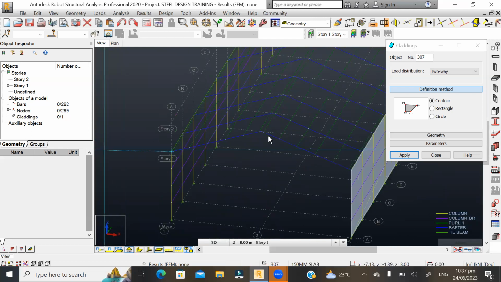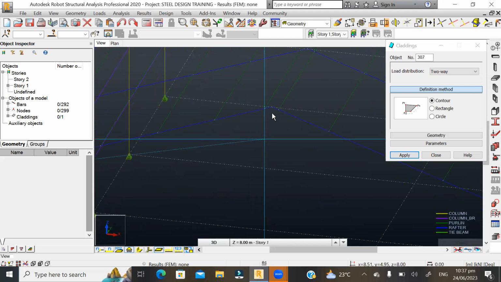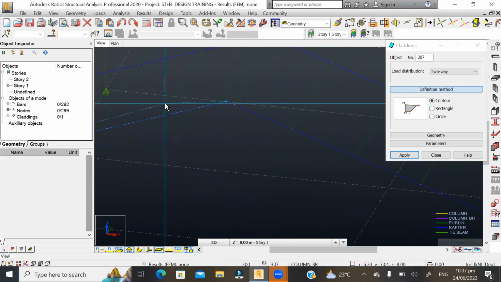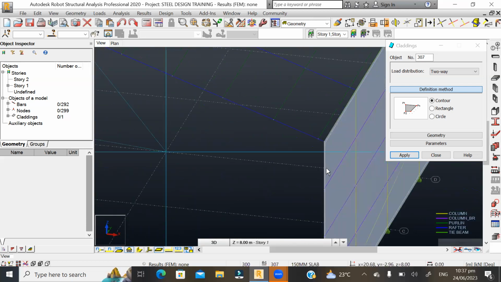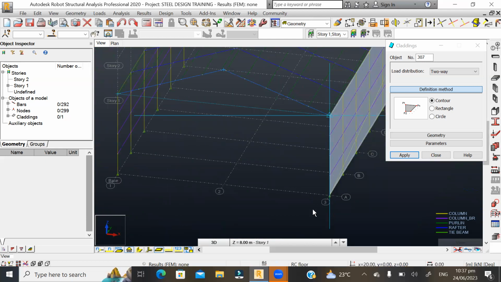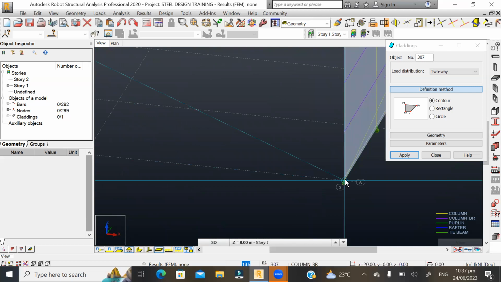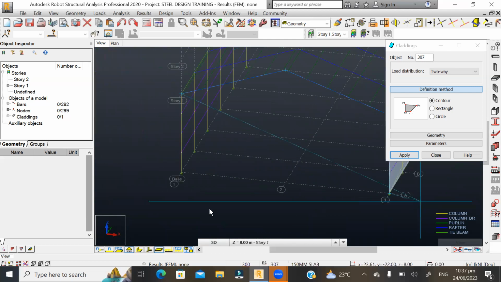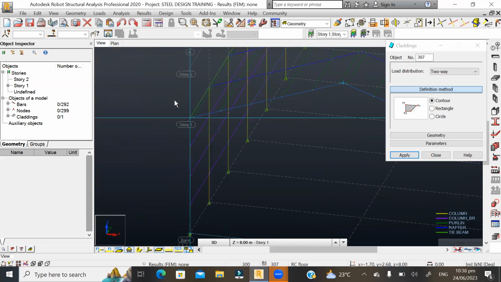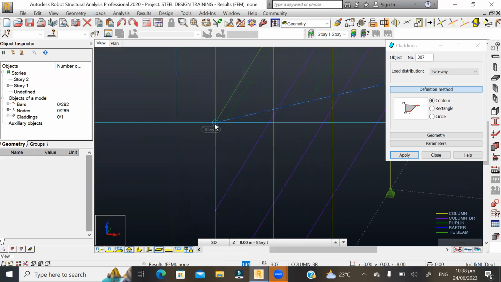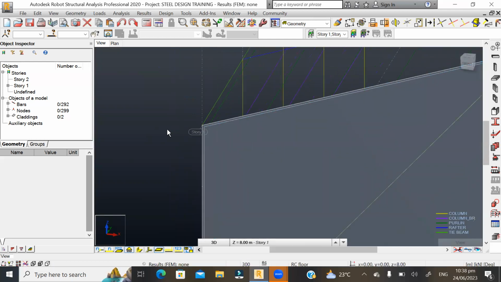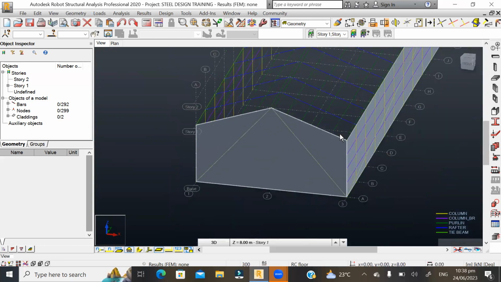1, 2, 3, 4, 5. Then we go back to where we started from, 6. So we have the cladding. All right, we can actually copy this cladding to the other side